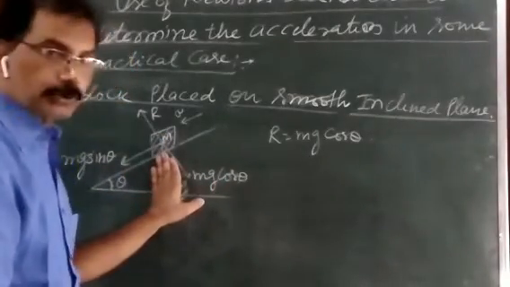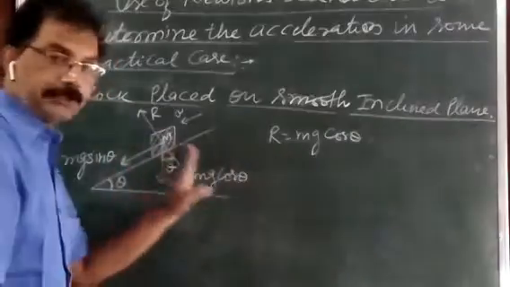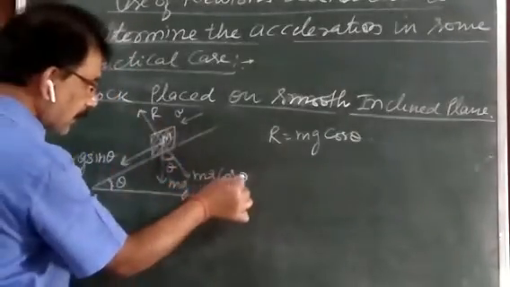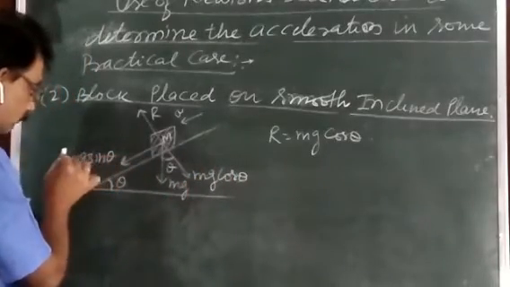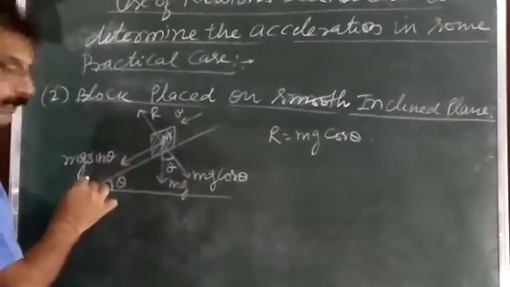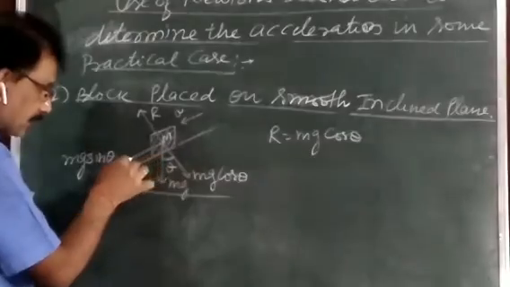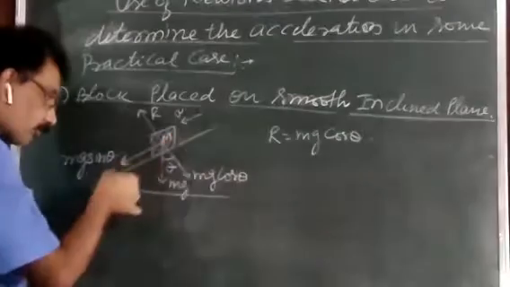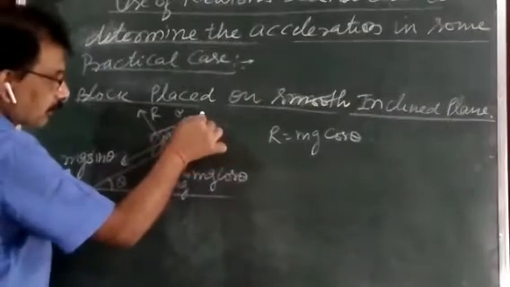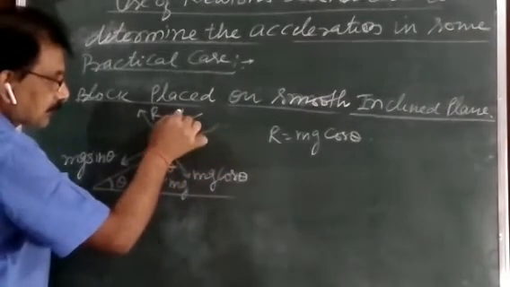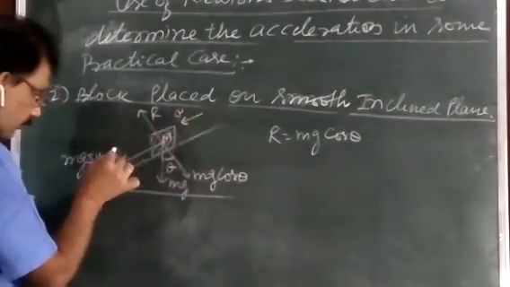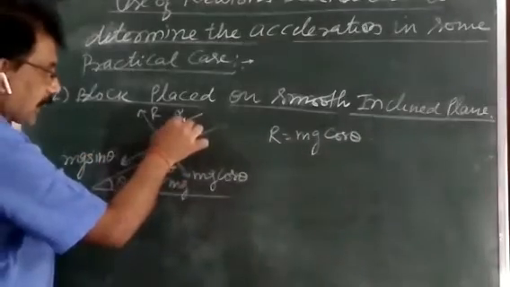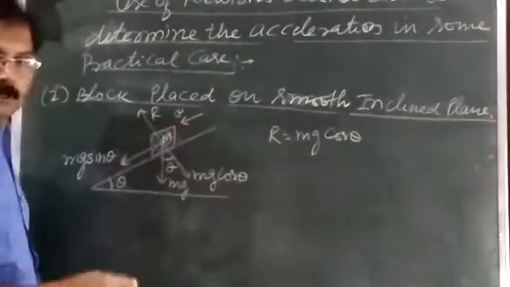मैंने कहा ना इसको लेने की जरूरत नहीं है, क्यों? क्योंकि ऑलरेडी हम इसका कंपोनेंट ले चुके हैं। एंड नाउ यू सी हियर ये तो इसको बैलेंस कर दिया, अब बचा कौन सा फोर्स हमारे पास? केवल mg sin थीटा। एंड नाउ यू सी mg sin थीटा इज एक्टिंग along this inclined plane in the downward direction, and acceleration is also taking place along this one। What acceleration? A। It means this component mg sin theta is responsible for the acceleration A in this block,